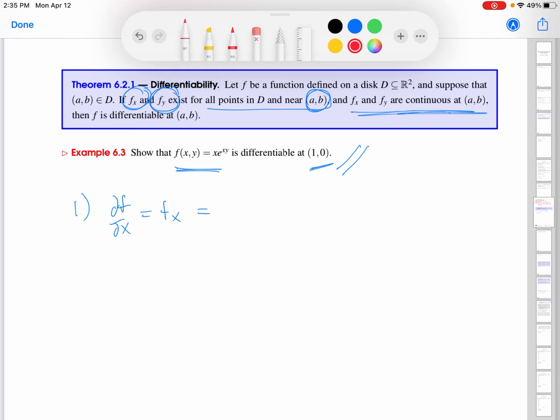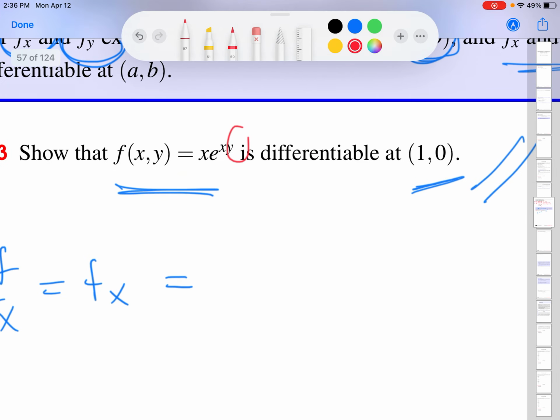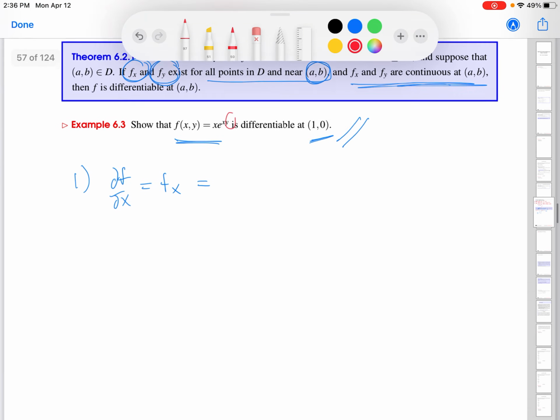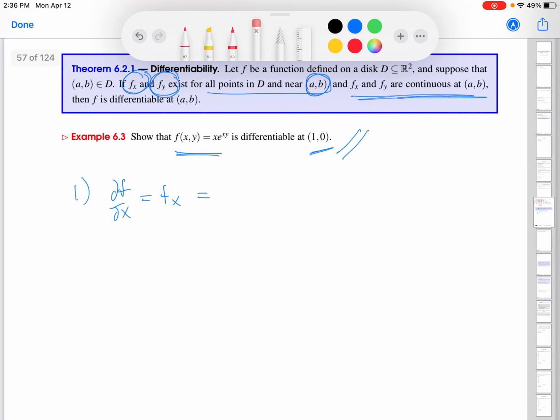So I'm going to treat y in here, there's the only y there is in the function, as a constant when I differentiate with respect to x. So this is then a product of x and e to the x times a constant. So I need to use the product rule. So derivative of the first, which is 1, times the second, plus the first times, and now I differentiate e